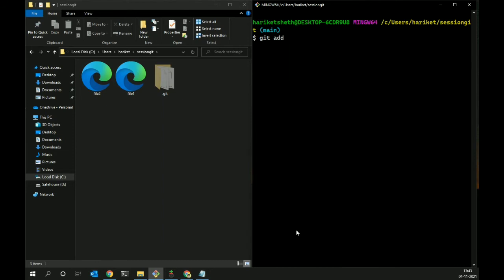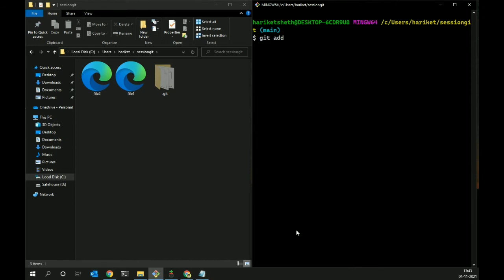Obviously there are variations to this command as well. Git add is the main command, and then you have variations. If you want to add one file, only file1.html, you can type git add and the file name. The second variation is when you have multiple files: you can give a space and then specify the file name of another file, like I did. If you do this, both files will be in the staging area. But there's an easy alternative, because this can go clumsy and you can make mistakes in the file names.